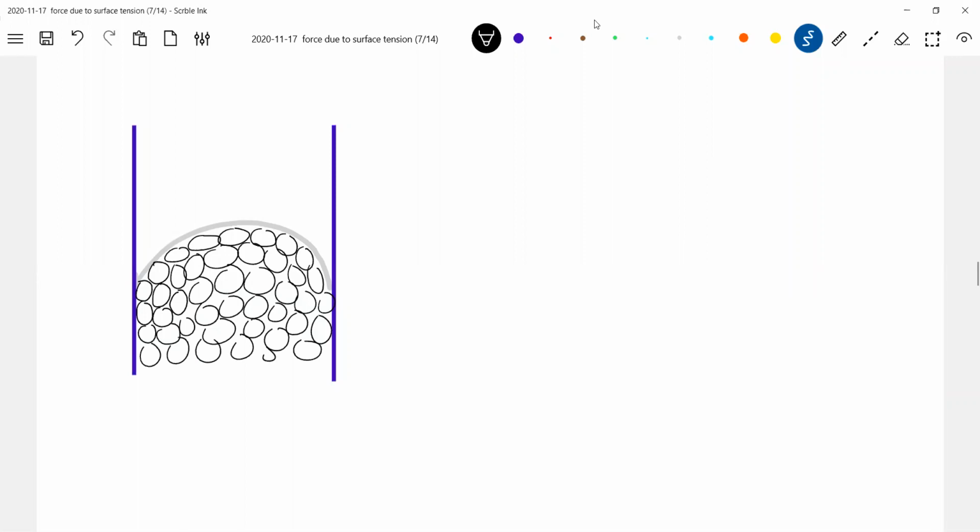No, here the cohesive force will dominate the adhesive force. So the adhesive force will be in this direction. And what about the cohesive force? The cohesive force will be somewhere in this direction. And the resultant force will act near to the net force. So here what will happen? Fc